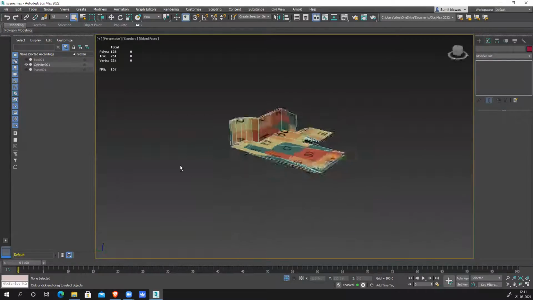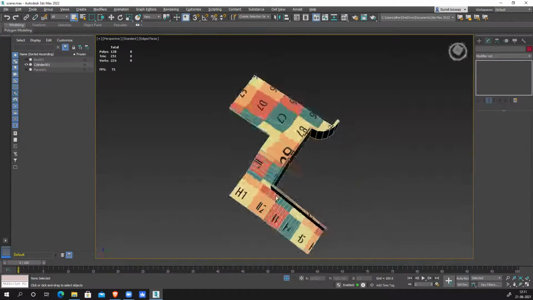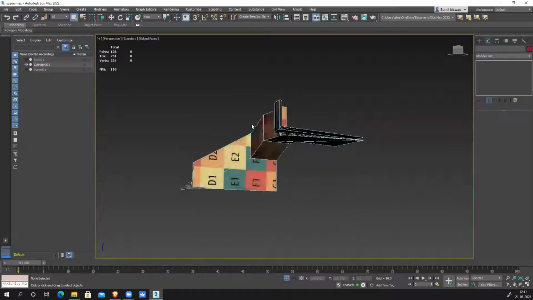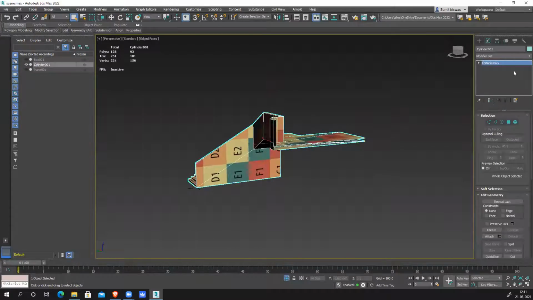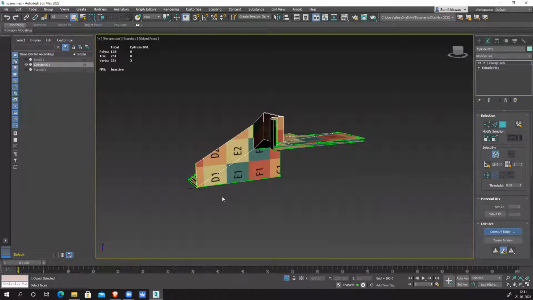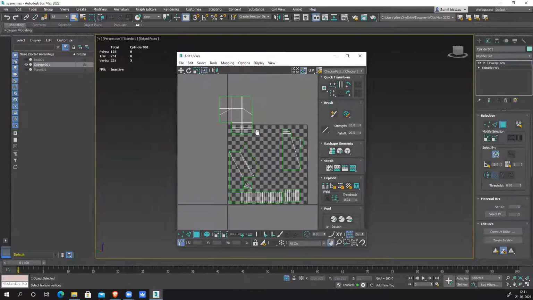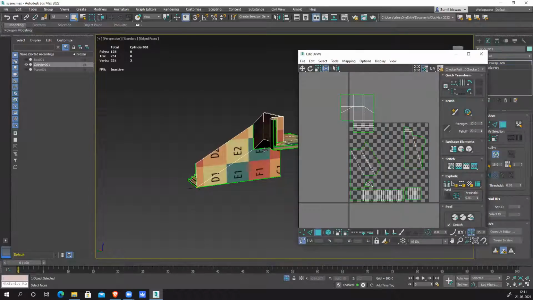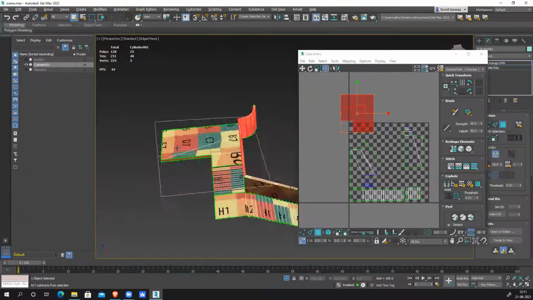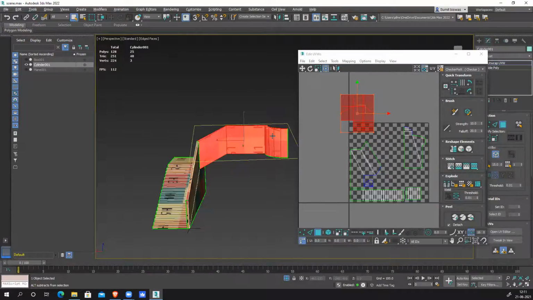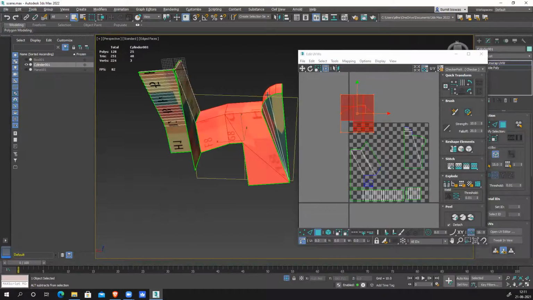Okay, so that staircase we are creating, so it's unwrap. You can see you have to unwrap it, check everything, and the model is ready. I was unwrapping everything, cleaning everything. This is which part? This section, except this area.